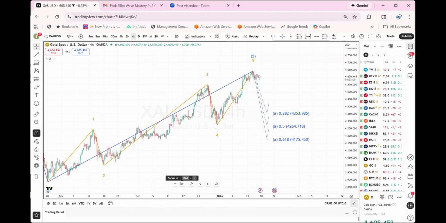Now, why do I start on higher time frames? Well, remember, Elliott Wave is a tool for forecasting. So it's more long term than short term. Okay. And so you want to use a forecasting tool like Elliott Wave on higher time frames to give you an idea of the long term picture. Like on the pound Australian, we're bearish. So we know long term now that it's going down.